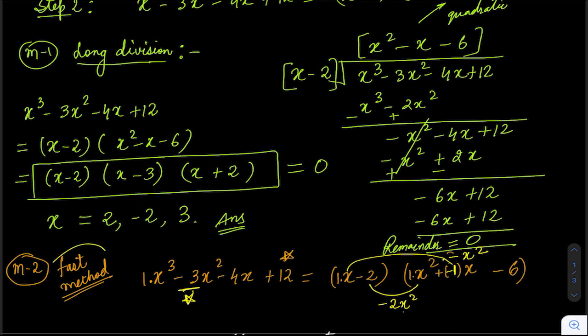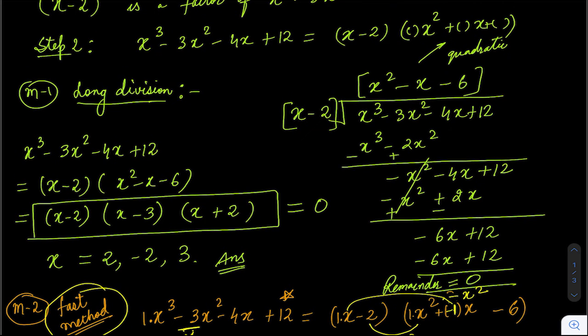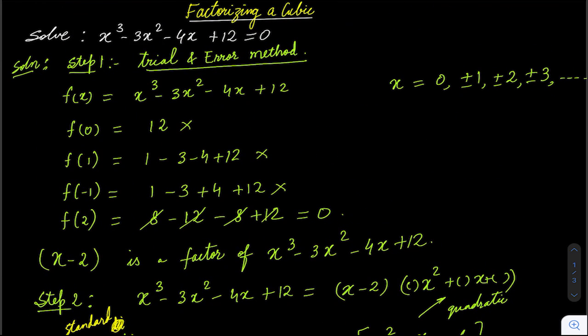So that's why I said it is a very fast method. You can do this process in your mind also very fast, but it requires some practice. So once you do 3-4 questions, you can be very fast in this. Okay, so if you are not comfortable with the second method, you can go for the first method, no problem. Anyway, this is a very standard type of method, long division. Okay, so this is all for factorizing a cubic. We will see more on STEM trainers.